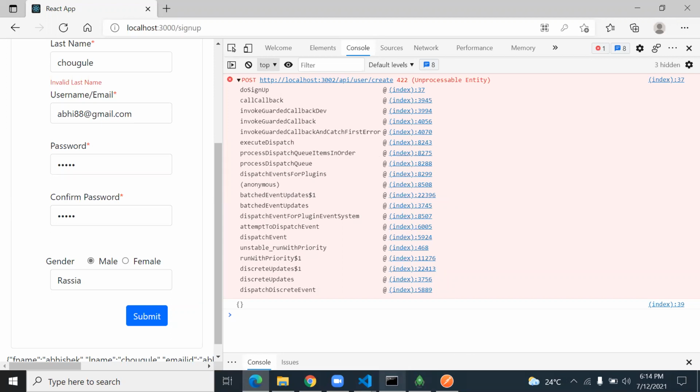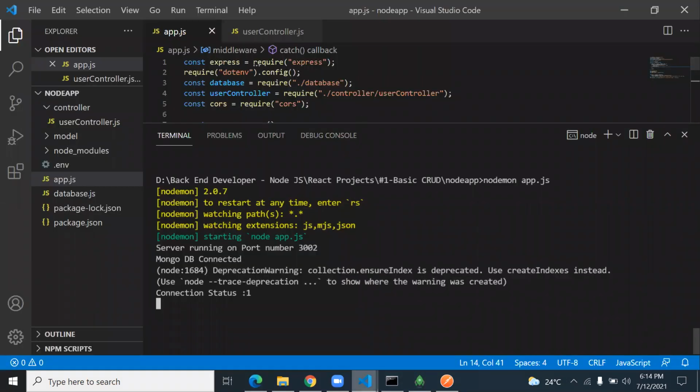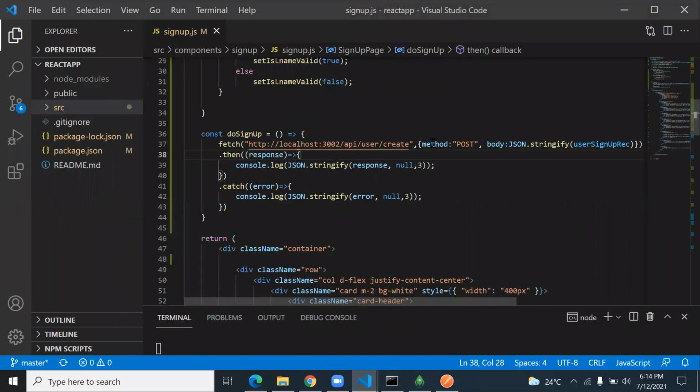Actually, the content type is missing. Here we add the content type.